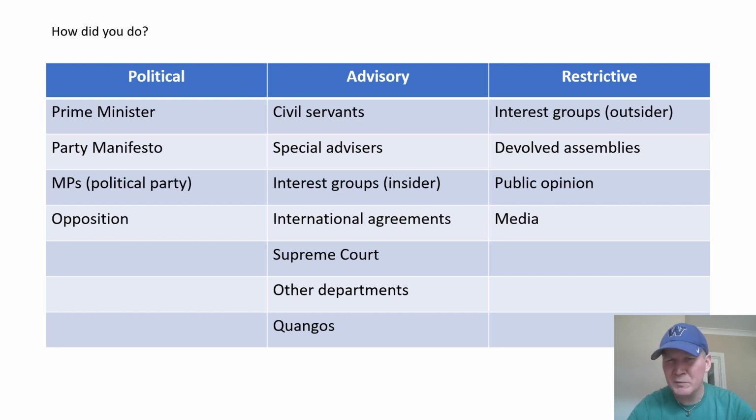And then the minister is going to be aware of external factors which may restrict their policy. Outsider groups and interest groups are working beyond government to try and change policy by working to influence public opinion, maybe the media. Also, you'll have devolved assemblies such as the London Assembly and Scottish Parliament, who'll be shaping policy in a different way. So when you consider it, there are three key areas, and there's lots within those areas to discuss.